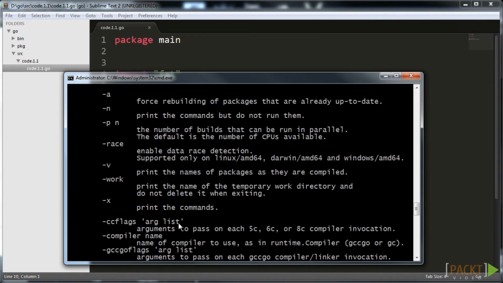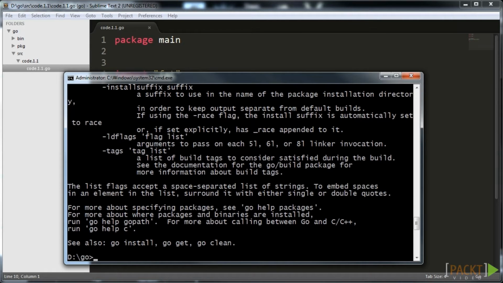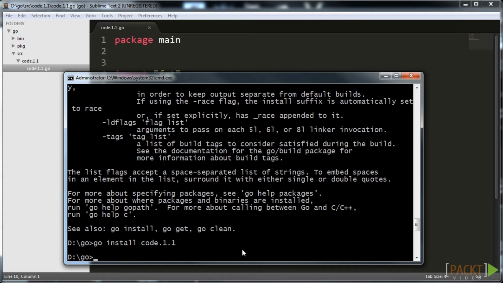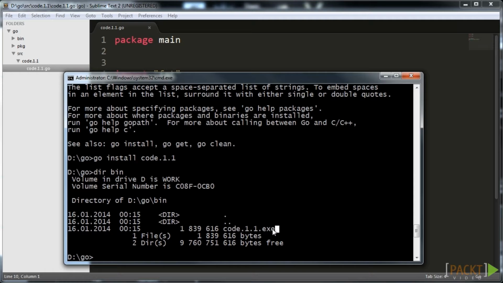Let's move on. While go build is powerful enough, it's not very convenient for large projects having third-party packages as dependencies, and this is the case where go install serves as a nice shortcut. It basically does the same functions as go build does, but installs the final executable to the bin path by default and also builds all the needed dependencies. Here you can watch the result of go install on the screen based on our Hello World application. The built executable resides inside the bin folder of the workspace. More information on the go install command can be found by typing go help install,